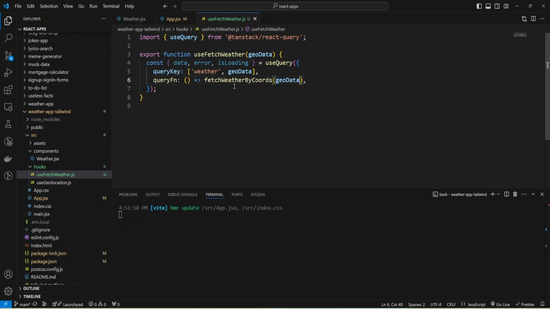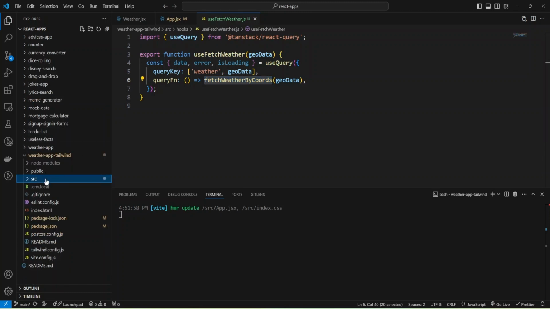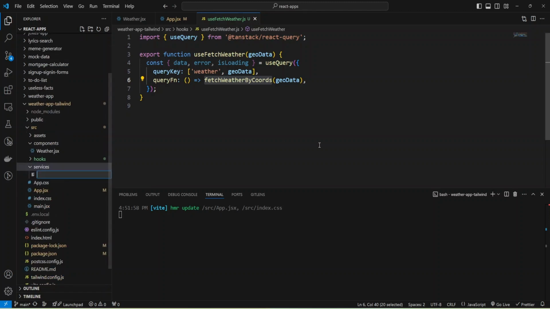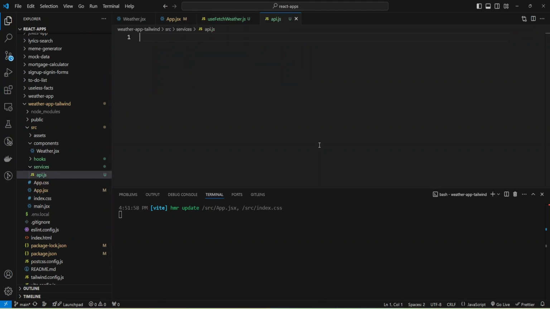And now let's add our code for the function fetchWeatherByCoordinates, and I'm going to create new folder. It will be services, and add new file api.js, and we'll implement here our function that will make API calls.